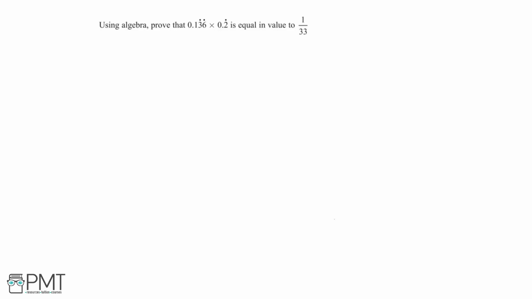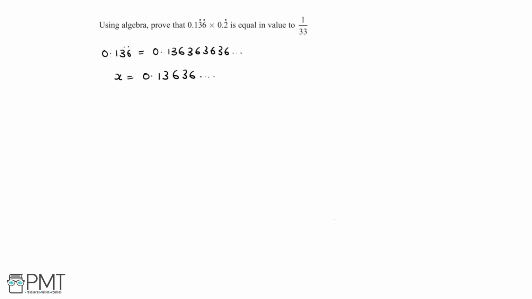In this question, we're asked to use algebra to prove that 0.136 recurring multiplied by 0.2 recurring is equal in value to 1 over 33. So the first thing that we can do is start by writing 0.136 recurring as a fraction. So now let's write out 0.136 recurring like this. So let's say that x is equal to